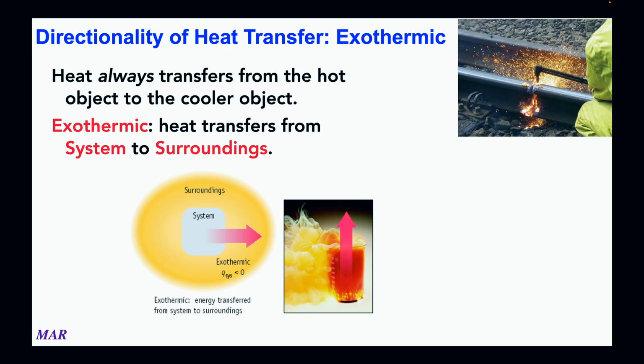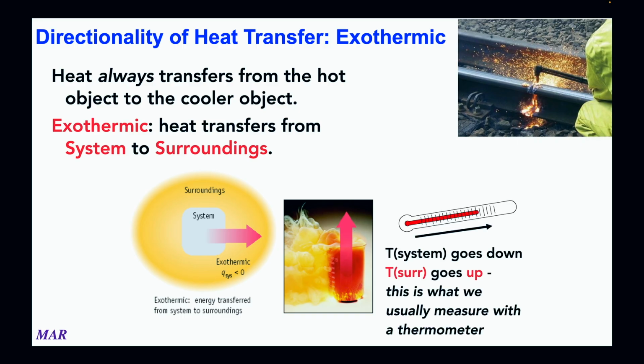So what happens is the reactants react, they release a lot of energy, and maybe the water around it, or maybe the air molecules around it, or the container, whatever, all of those things absorb the energy. So that's why it's an energy transfer. It goes from the inside to the outside. If you were to measure the temperature of an exothermic reaction, the temperature will go up because the temperature that's being measured is the surroundings. It's almost impossible to measure the system, but the surroundings you can measure, the solvent, the water molecules around it,